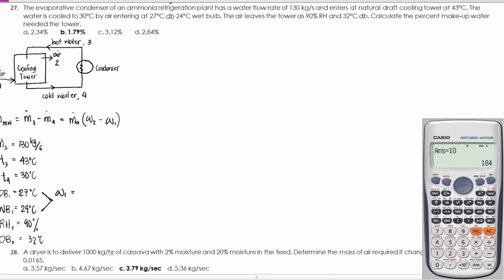So, for humidity ratio 1 at 27 degrees Celsius na dry bulb and 24 degrees Celsius na wet bulb, humidity ratio niya 0.0176 kilograms of vapor per kilograms of dry air. At ang kanyang enthalpy is equal naman sa 72.08 kilojoules per kilogram. Ayan. While dito naman sa point 2,